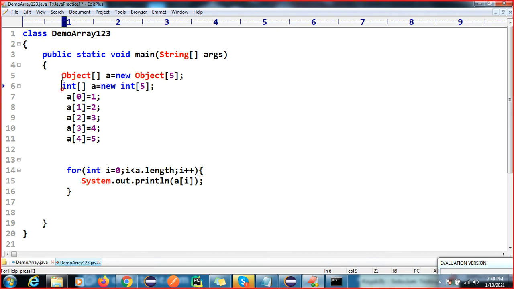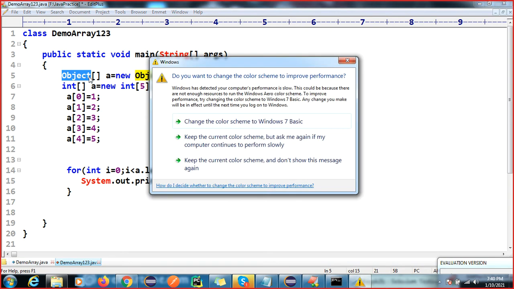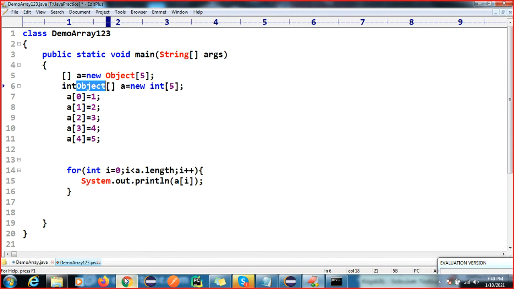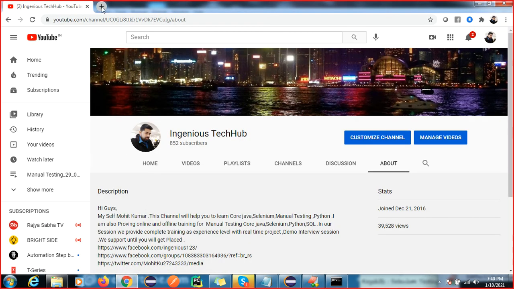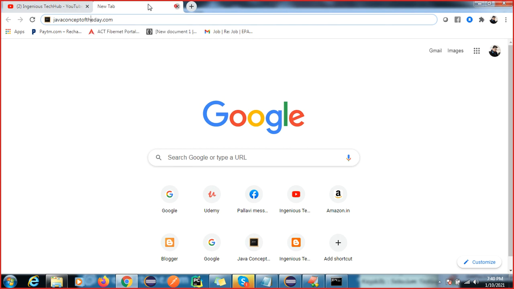What is this object? In the last session, I already explained what the object is.